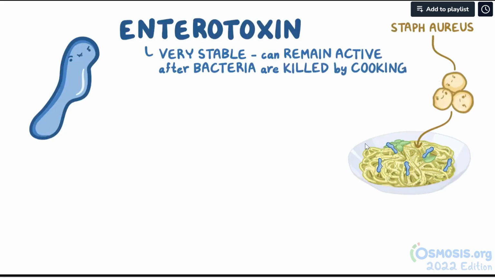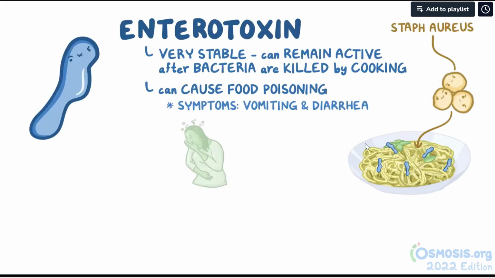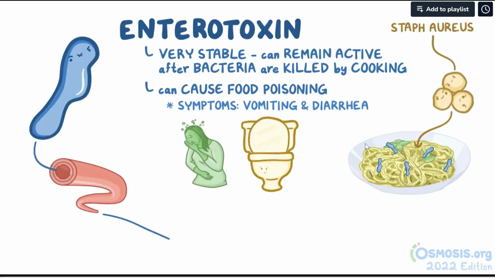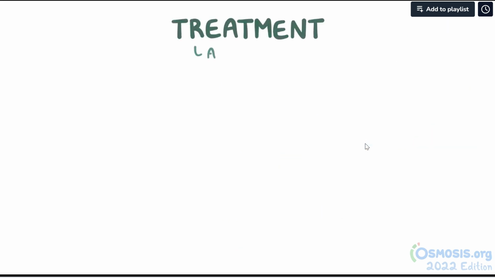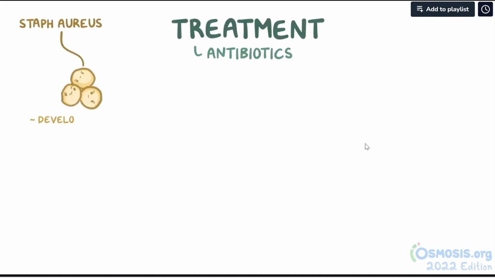The toxin can even withstand boiling at 100 degrees Celsius for a few minutes. If the toxin is eaten, it can cause food poisoning, with symptoms like vomiting and diarrhea a few hours after ingestion. And in rare situations, if the enterotoxin somehow gets into the bloodstream, it can cause toxic shock syndrome, much like TSST1. The main treatment for infections is antibiotics, but Staph aureus adapts quickly and has developed resistance to a